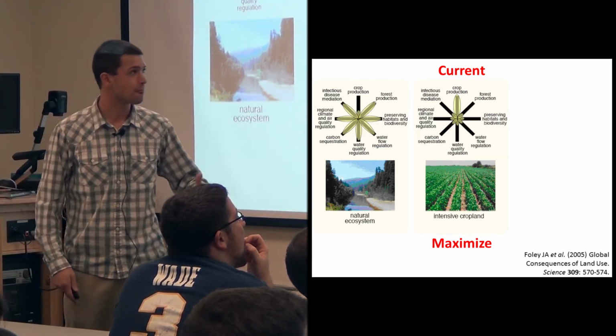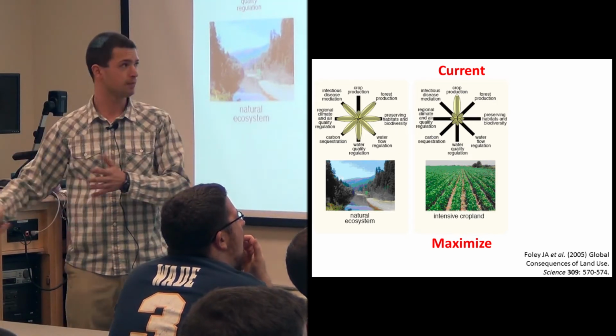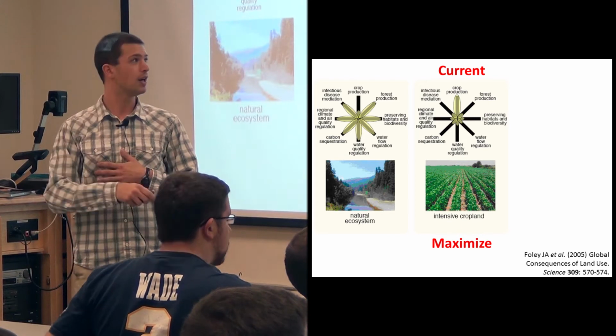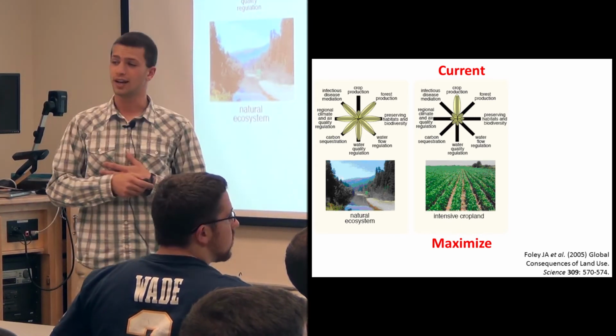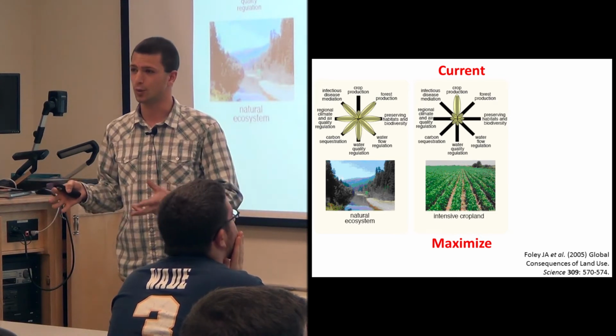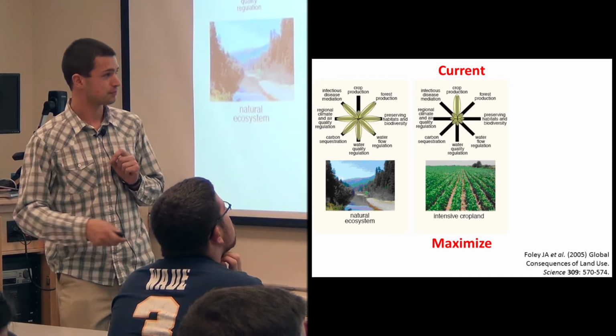systems better. So an example, annual agriculture is an engineered system, and it's very good at crop production, the bubble goes all the way to the end there, but it's not very good at a lot of these other things. And so this strategy is a maximization type strategy. We're going to talk here really quick about the difference between maximization and optimization.